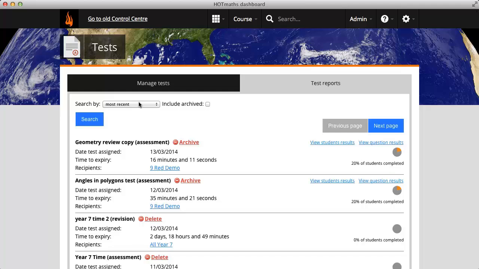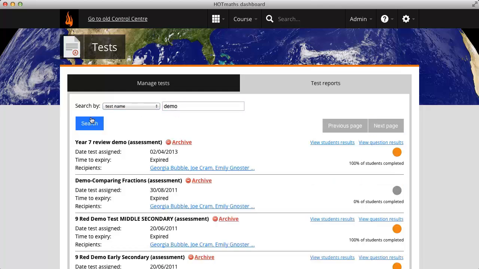So that's why we've added a search field. So you can search for just the tests that you've assigned this year. You can look for particular names, particular dates, particular students. I'm just going to have a look at a test that's got some data for me to show you. Alright, so you can see here we've got a Year 7 review test. I can see a list of all the students that I assigned it to, and I can view results by student or by question. So for now I'm going to start with the student results,